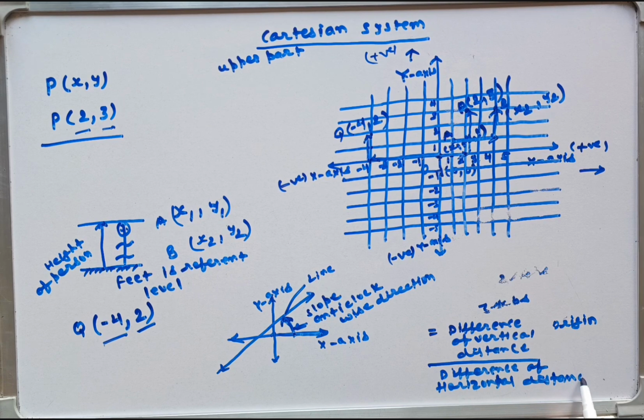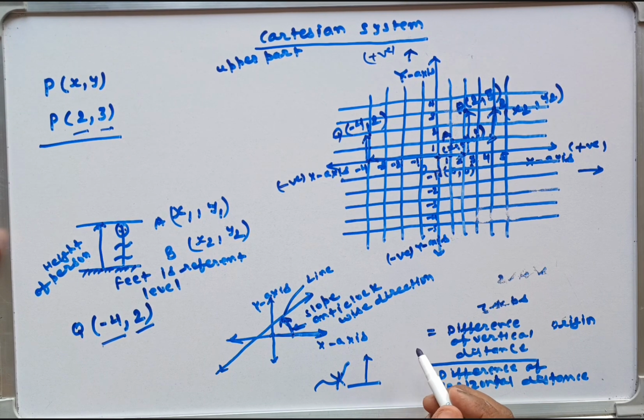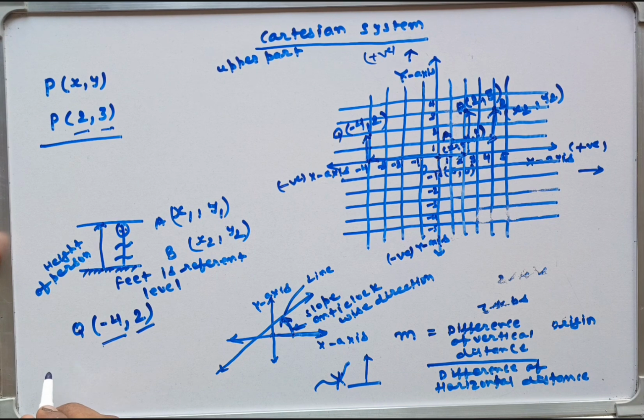Okay, guys, here I am talking about distance, so distance must always be vertical like this one. If you are moving on a curved path, then it is not like this, this is wrong. I am talking about vertical distance. Now this is denoted by m. Okay, guys, m equals